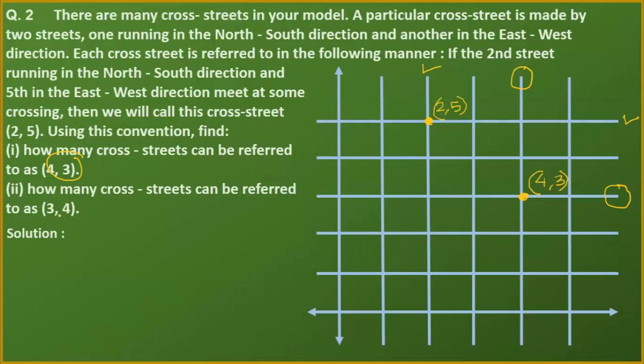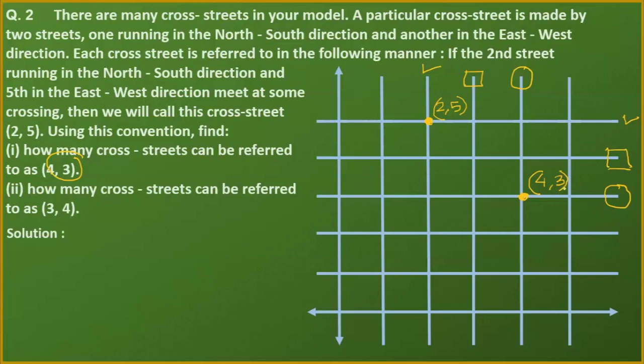Similarly, see the second one they are asking, 3, 4. So for 3 I am taking the horizontal distance, while for 4 I will take the vertical distance. So 3 horizontal: from the y-axis, this vertical axis, I will go 1, 2, 3. This one I am talking about, this line. I am putting a square now to make it clear to you. And 4 I will take as the vertical distance. So go from this point 1, 2, 3, 4. So they are talking about this line.